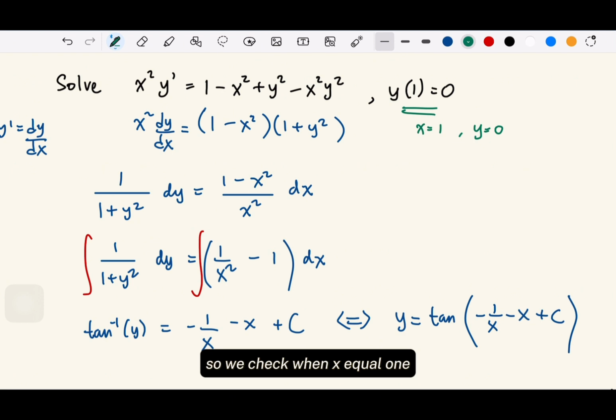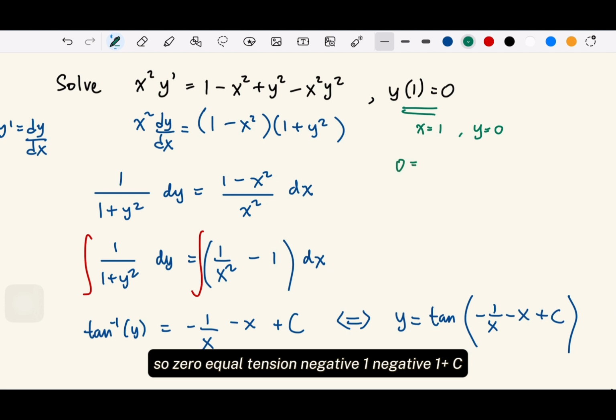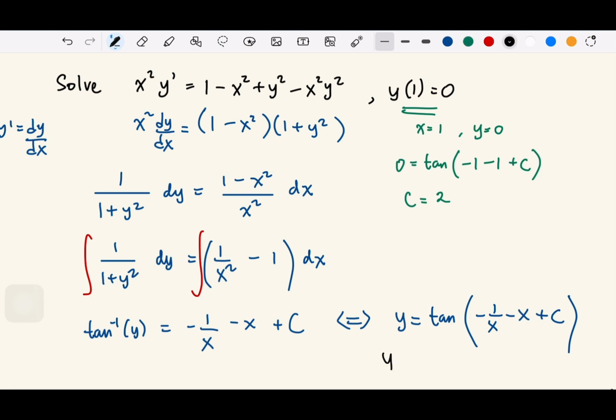So 0 equals tangent of negative 1 plus c. So we get that c should be 2. So our solution becomes